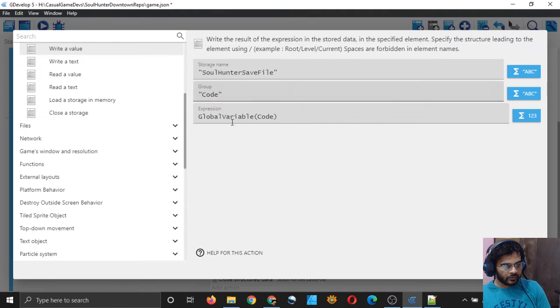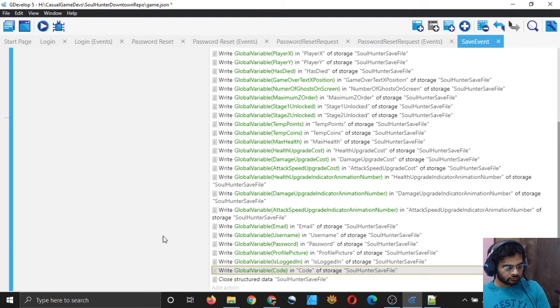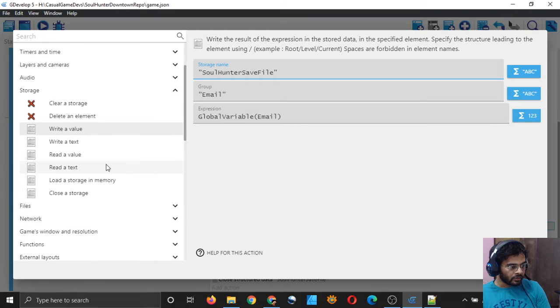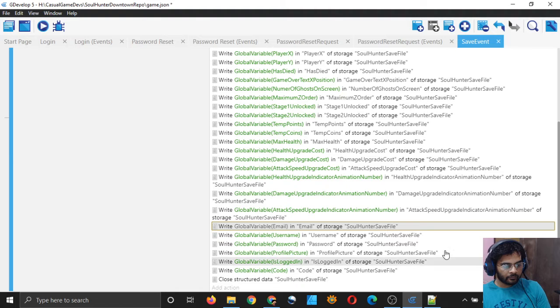So right now it is putting the value in all these. I want to put the text for email, for username, for password, and for code. So let me double click and see if there is any difference. Yeah, there is a difference. I'm writing a value. For email I want to write a text, so simply click on text.